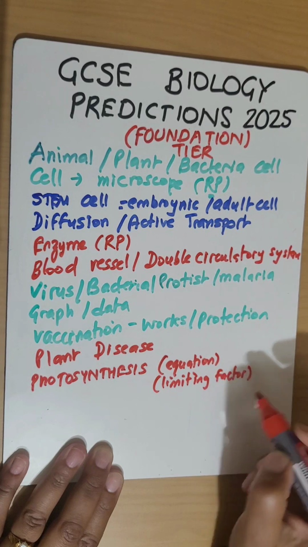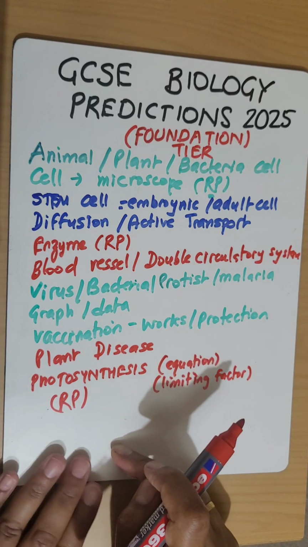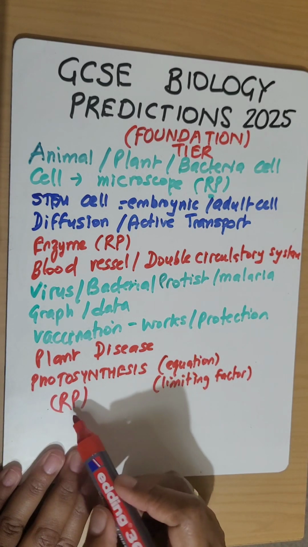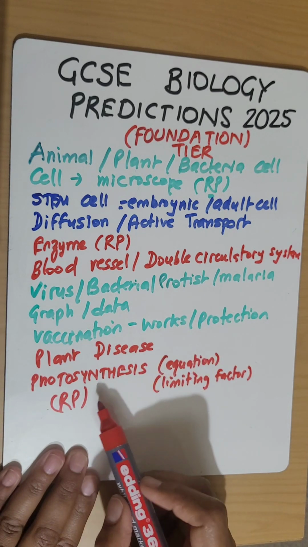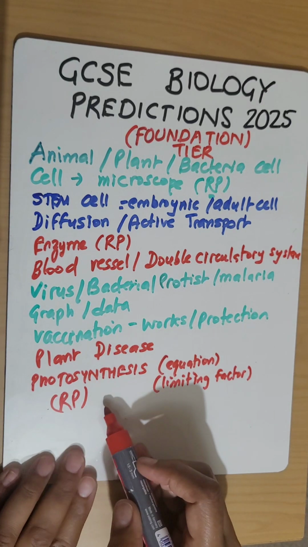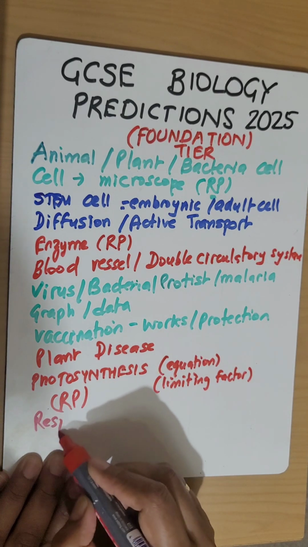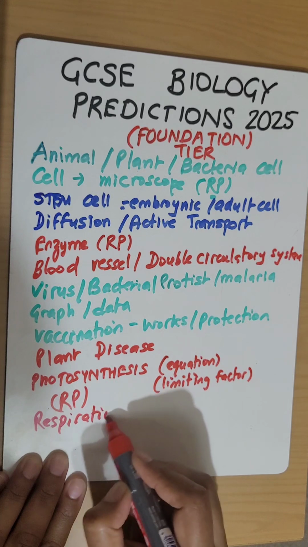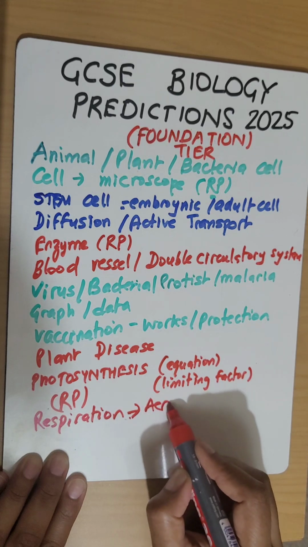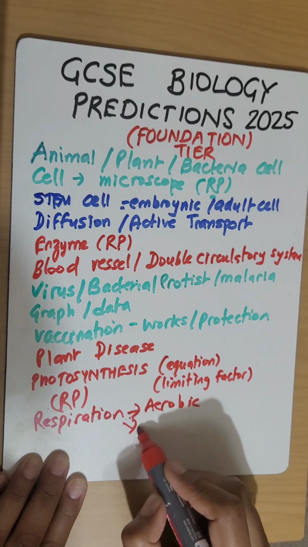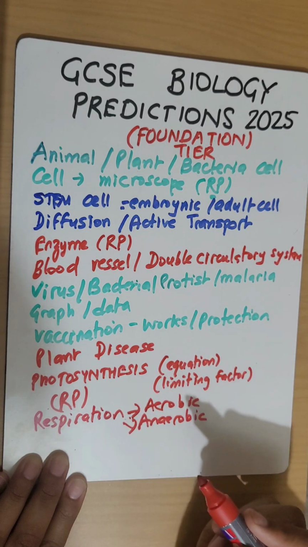For photosynthesis, you remember you did a required practical that did not come up last year, so again, have a look at that. That was the one where you counted the bubbles when you moved the lamp from the pondweed. A massive one to remember. And another big one that hasn't come up in the exam last year is respiration. So opposite equation to photosynthesis and respiration. Look at aerobic, anaerobic respiration, factors affecting respiration, general exercise, and so